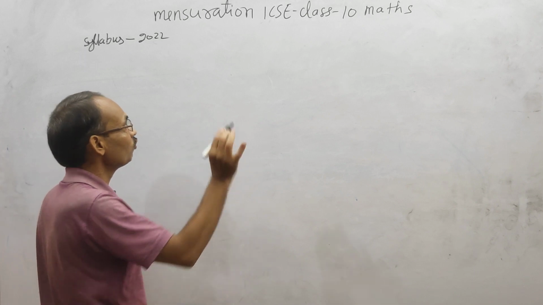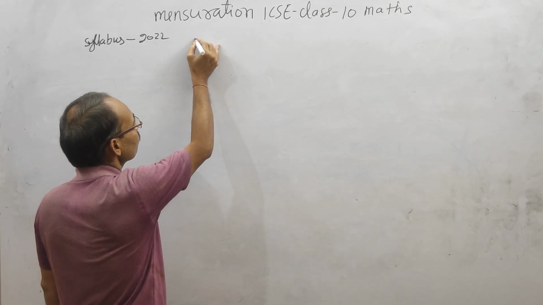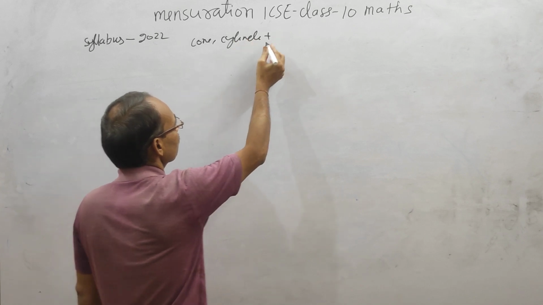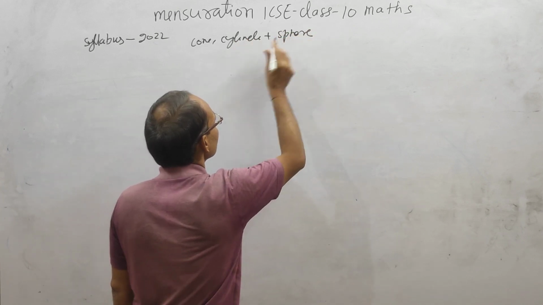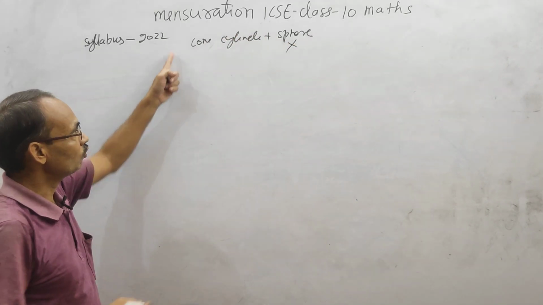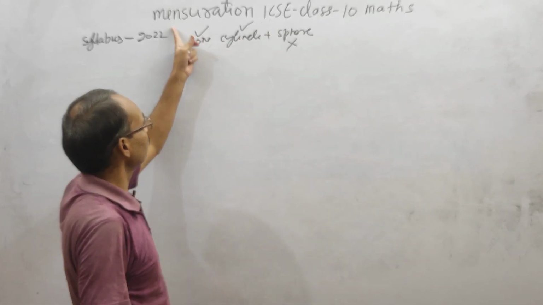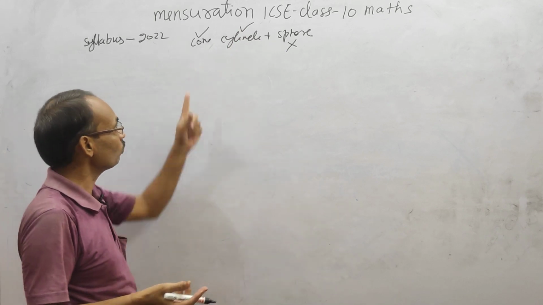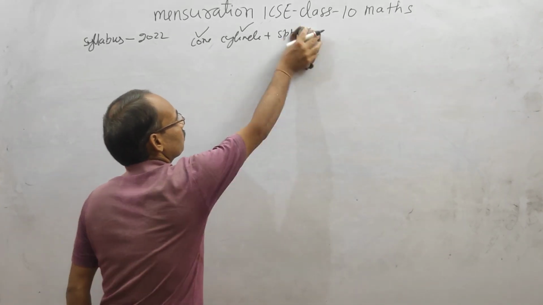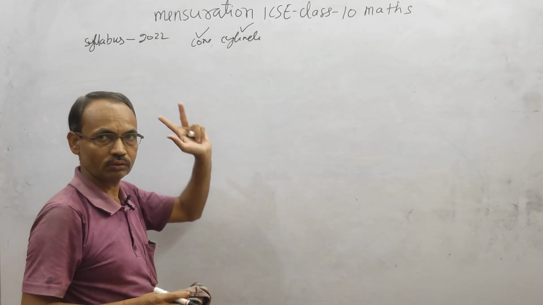2022 exam. Only mensuration has the structure of 3D of a cone, cylinder and sphere. But sphere is not in the syllabus in 2022. Only cone and cylinder are in the syllabus. So in your mensuration chapter, only the problems of cone and cylinder should be solved. So sphere has been reduced and we will study only cone and cylinder.